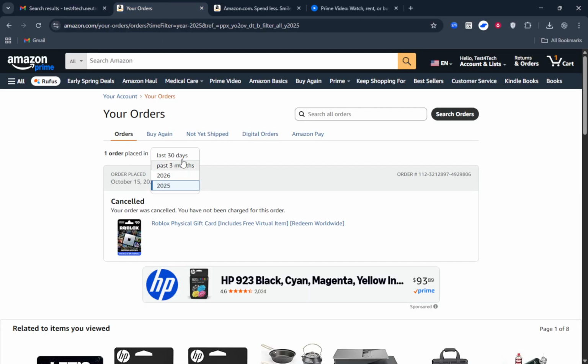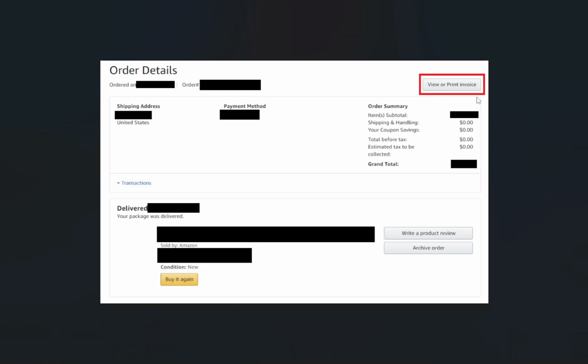When you've located the correct order, look for the word Invoice on that order's tile or details page. Click it, and you'll usually see options like Invoice 1 or Printable Invoice. Either will contain the key details: seller information, item or membership description, totals, and tax. If you plan to send it to someone else or print it, the Printable Invoice option typically gives a cleaner, full-page layout. The invoice will open in a new tab or window.